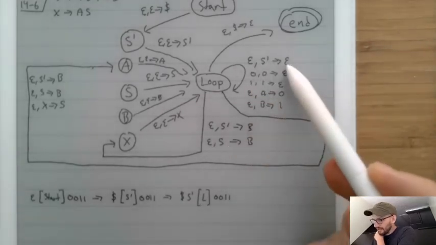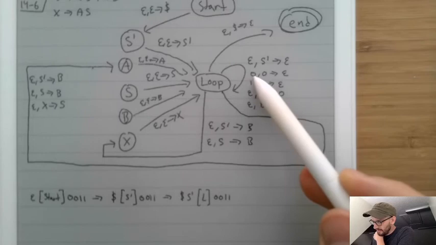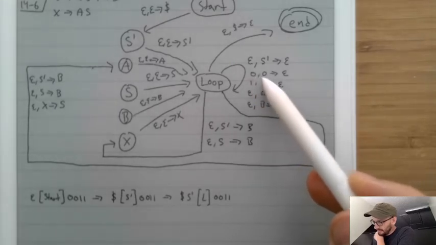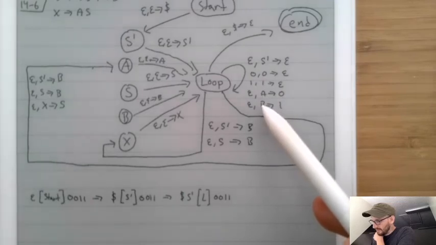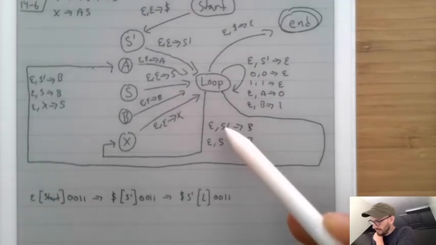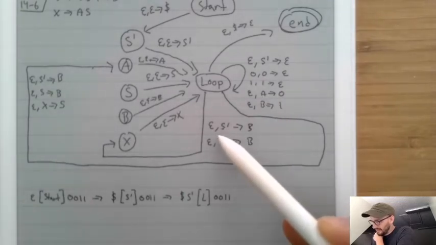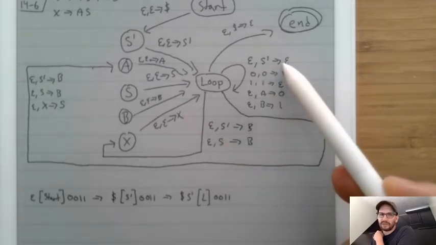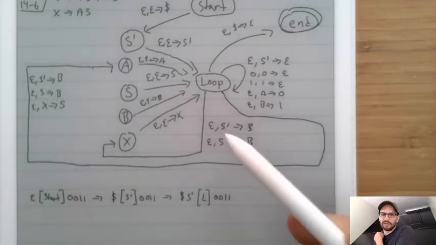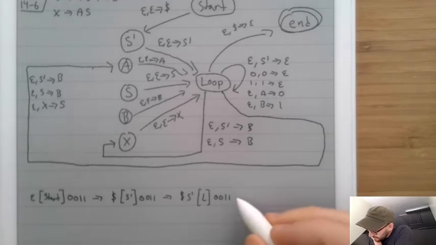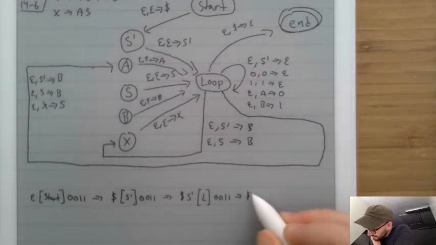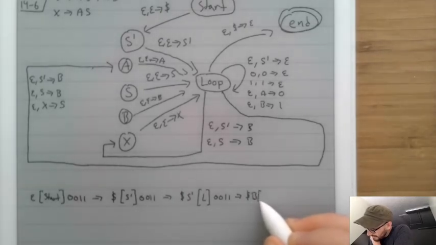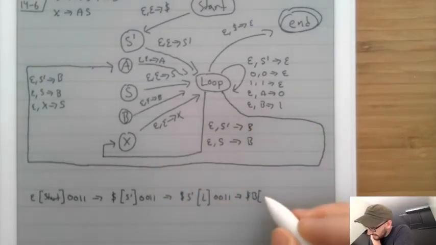So S prime could go to epsilon. 0 is in the input, but there's no 0 on the stack. There's no A on the top of the stack. There's no B on the top of the stack. There is an S prime that goes to a B. So basically, we can follow this rule where the S prime goes to epsilon, or this one where it goes to B. Let's follow that one. So what we'll do there is we'll pop off the S prime and push on a B, and then this goes to the X state,